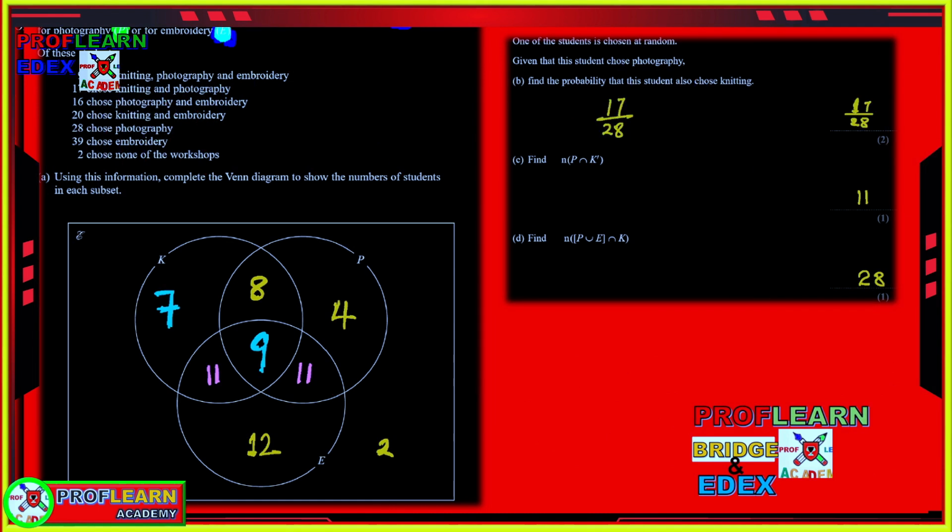We have a question to do with sets, and I've tried to fill in using the information that was provided, and you can see all the working for that in that section. Can we move to question number